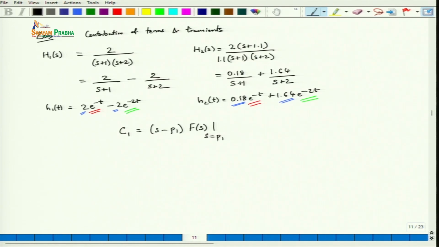To get a better picture, in this case we had a 0 which is close to the pole at minus 1. Let us consider an alternate example, a third transfer function, which has a 0 closer to the pole at minus 2. We will maintain the same DC gain. So, in this case what you will get is 1.05 divided by S plus 1